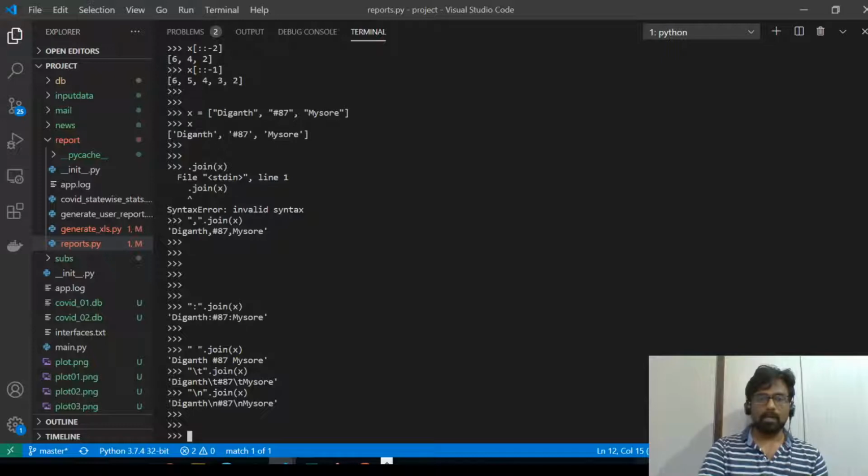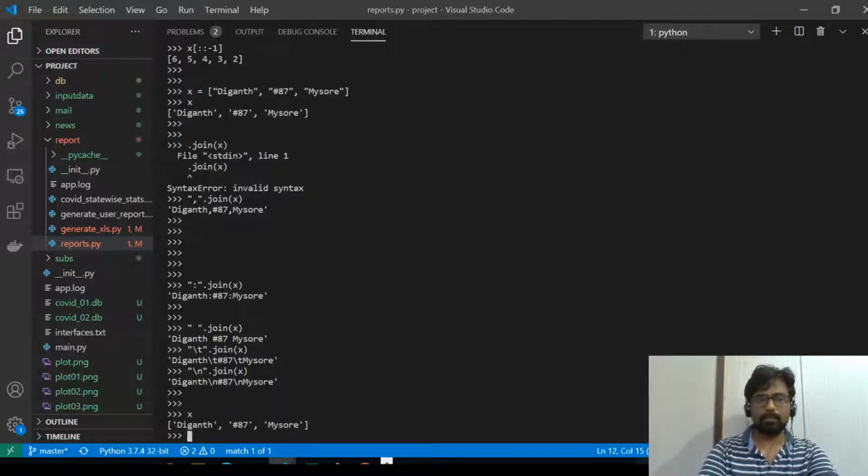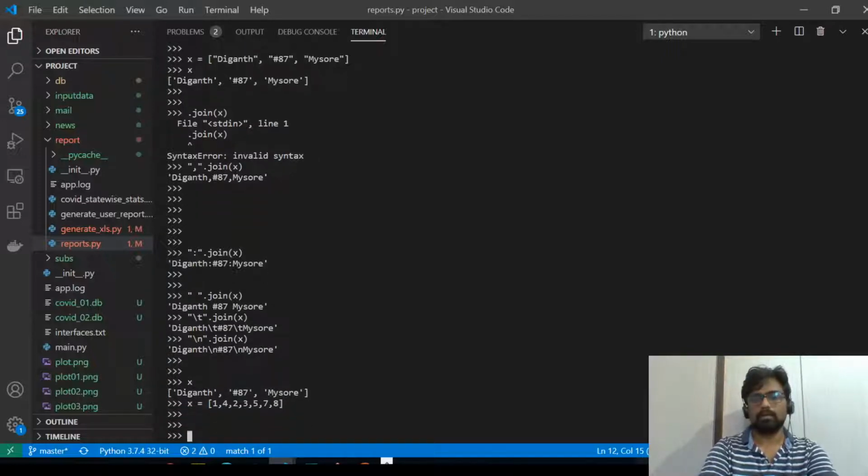Okay. And it's also possible to write loops in one single line. So the syntax will be something like, let me just initialize x first. Okay, something like this.